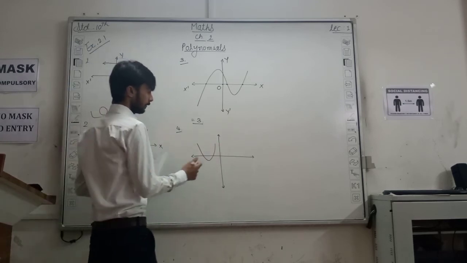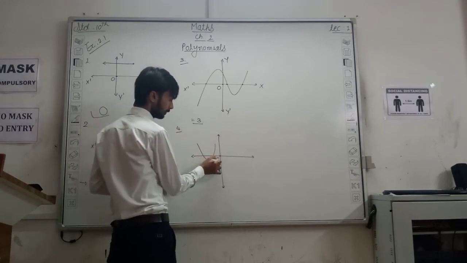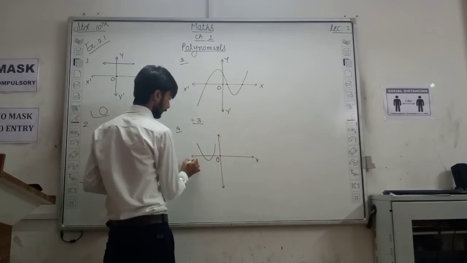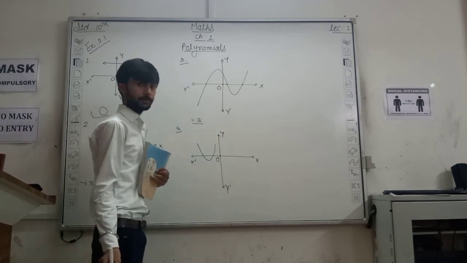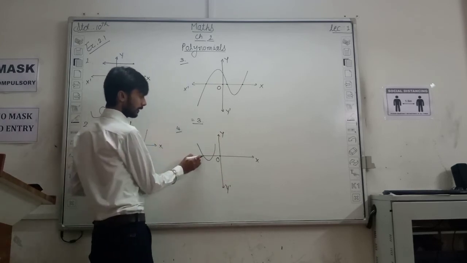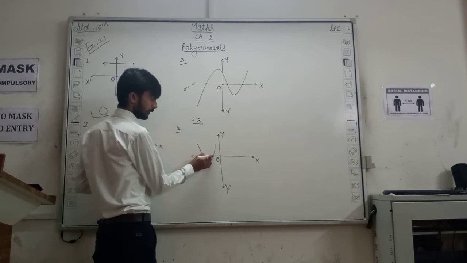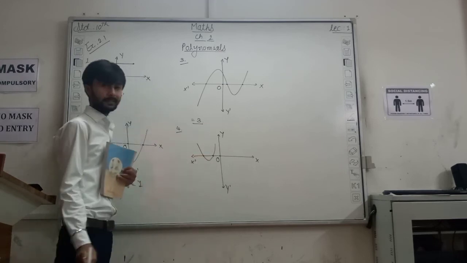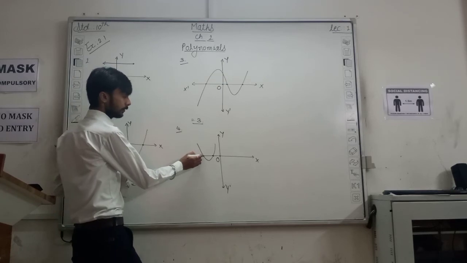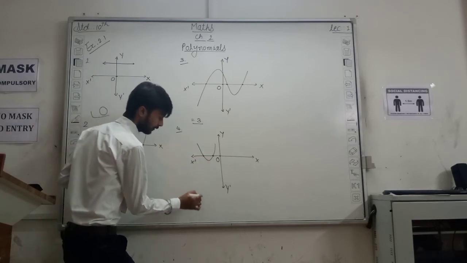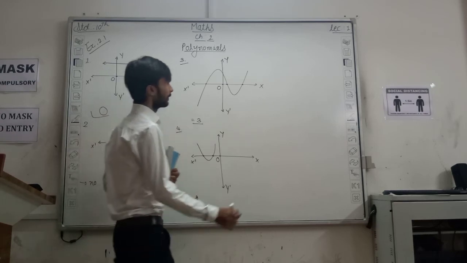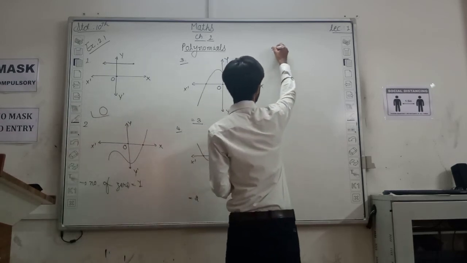Okay, origin O, x dash, y dash. So there are 2 intersecting points which lies on x-axis. Okay, so number of zeros will be 2, fifth one,